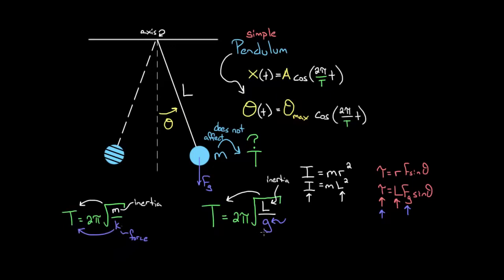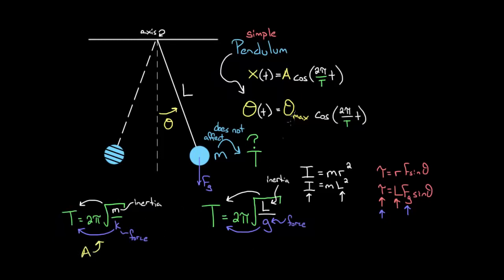Same as this G. Increasing the G increases the force on the system, which gives you a larger acceleration, greater speeds, takes less time to go through a period. So these formulas are very similar and they're completely analogous. There's an inertia term on top, a force term on the bottom, and they both affect the period in the same way. One more thing you should notice, amplitude does not affect the period of a mass on a spring,